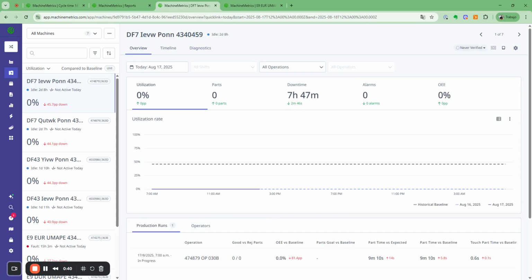Given that we are natively integrated with most of these CNC controllers and PLCs and other kinds of controllers, we usually get a lot more data. The next data item that we usually analyze is part counts, and therefore we start getting cycle times. We're going to walk through a couple of reports and eventually build out a dashboard that is going to